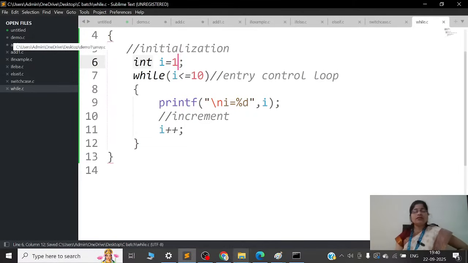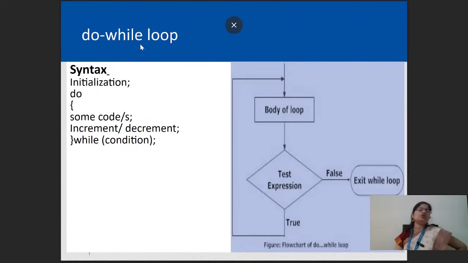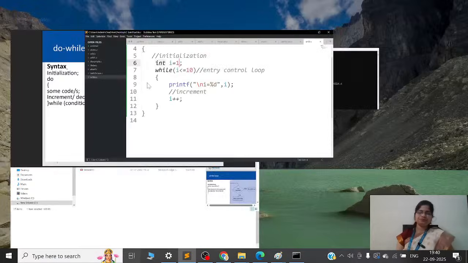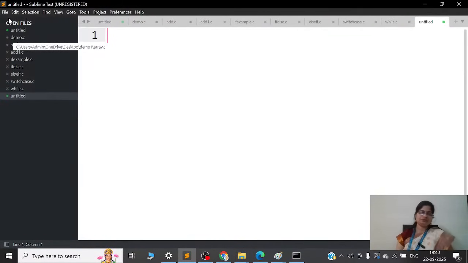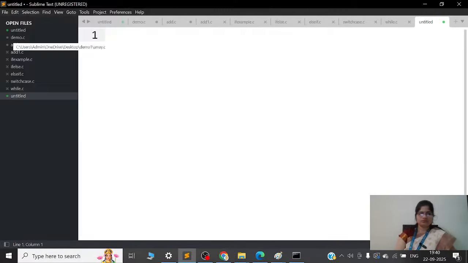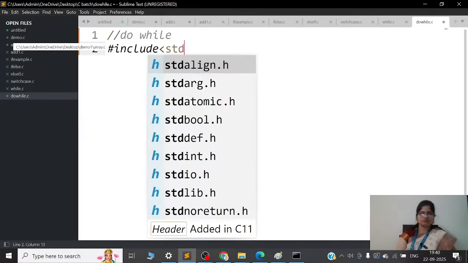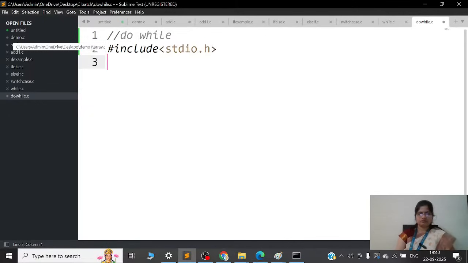देन वी विल सी अ डू व्हाइल. डू व्हाइल इज exit control loop. So it will do some task and then it will check the condition. Okay, so let us see this. We will be having a main function.